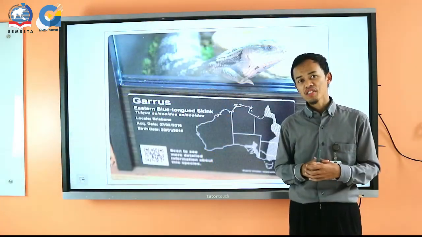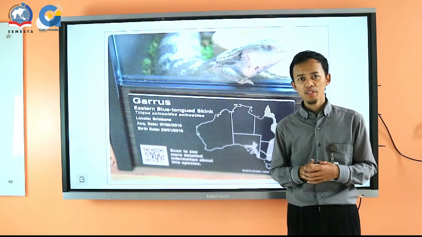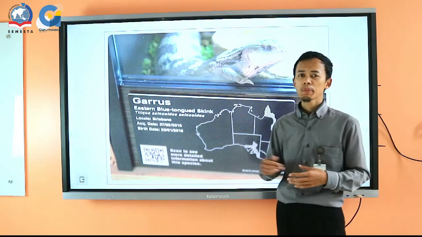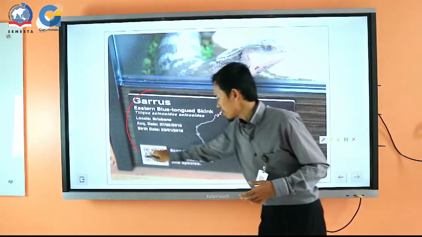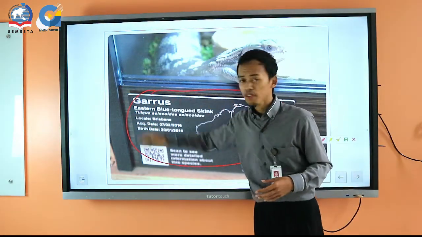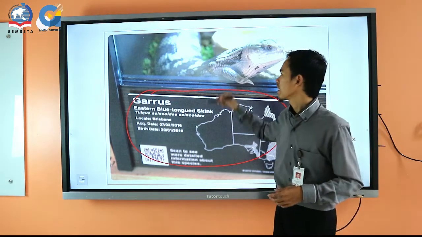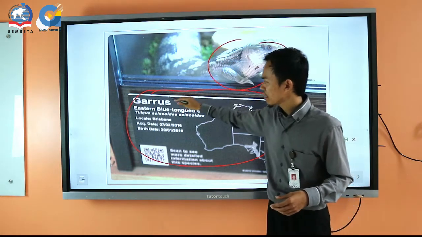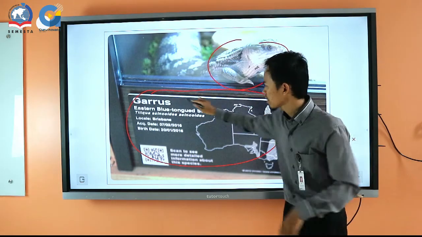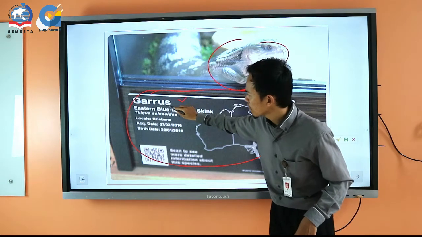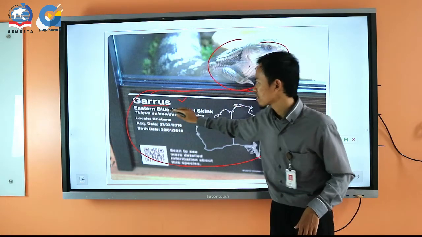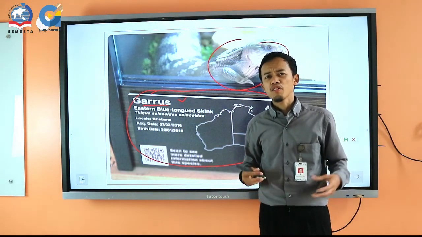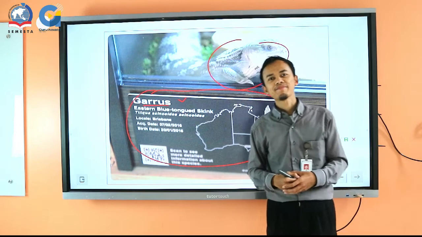Alright, now I want to ask you, have you ever visited the zoo? If you have ever visited there, maybe you can look at the named species in front of the cage, mostly. For example, you look at this lizard in there. You'll get information from the species nameplate. You can read this sentence and keywords, and this is from the Latin language, but maybe you are still confused. What does it mean?